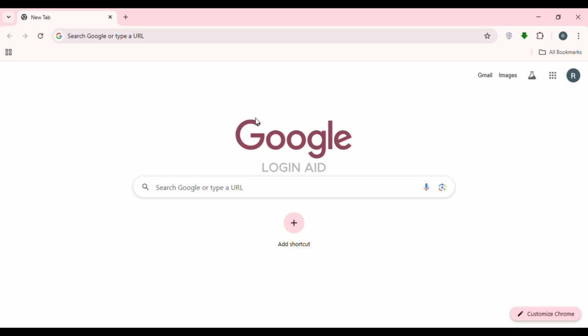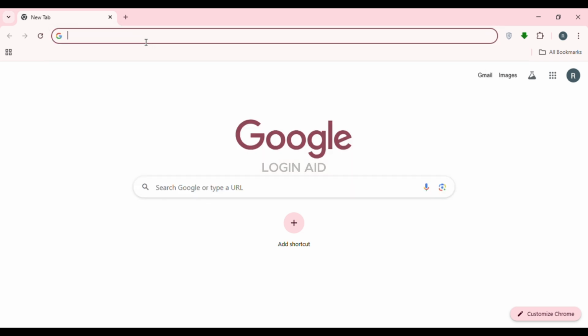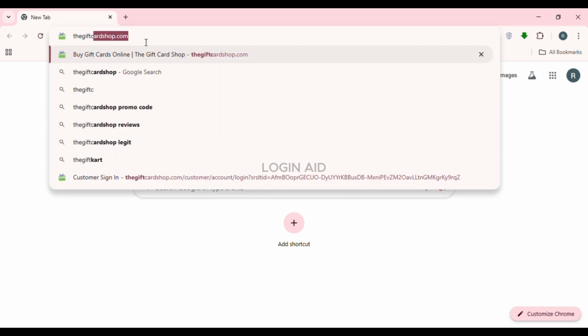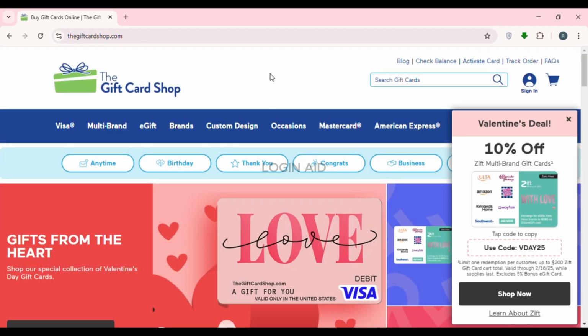So first of all, what you have to do is launch any browser of your choice. You can see over here, I've opened Google Chrome. Now simply click on the search bar that you can see at the top. Now what you have to do is type in giftcardshop.com, press enter. Now after that you can see over here you'll be led to the official website of the